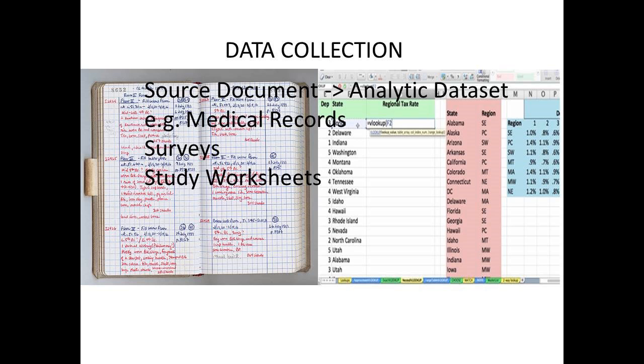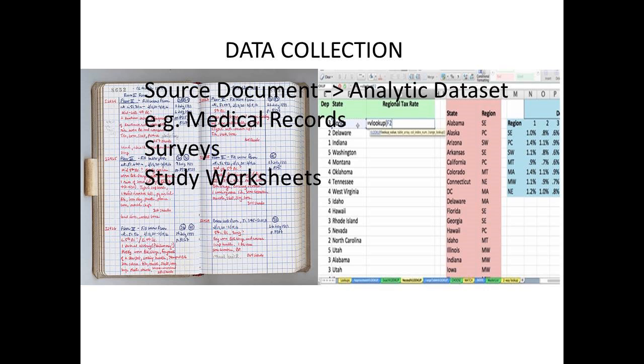So moving on, now that we've talked about where we collect the data, we have to talk about how we actually record the data. And there are two terms that I'm going to bring up. The first one is source document. Source document is essentially where the data is first being collected. Some examples in studies could be the medical records, surveys, study worksheets. Basically, this is our raw data, and we want to get this source document to eventually transform into an analytic